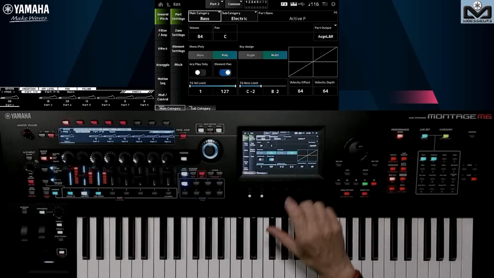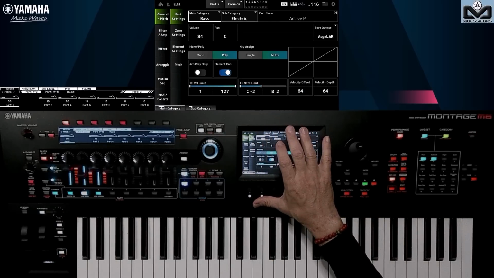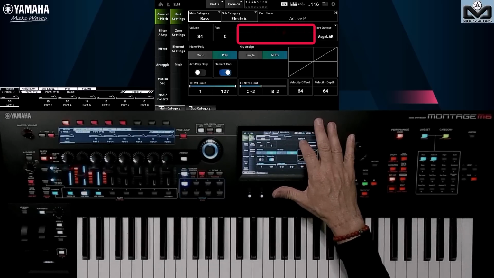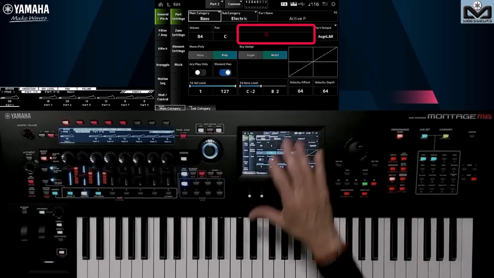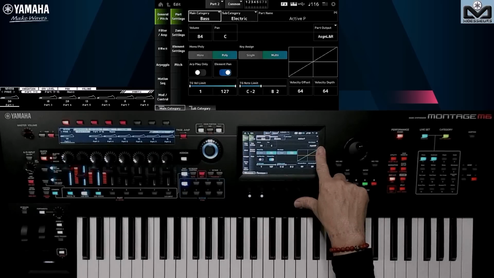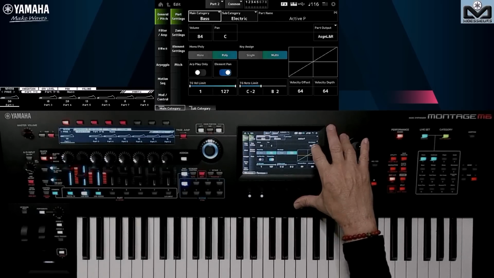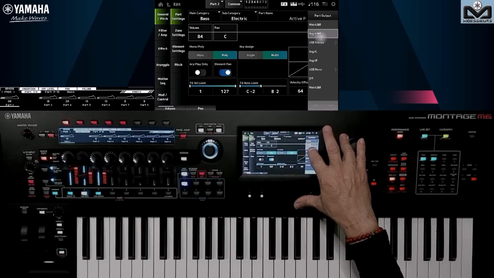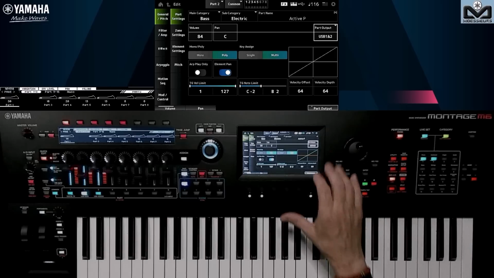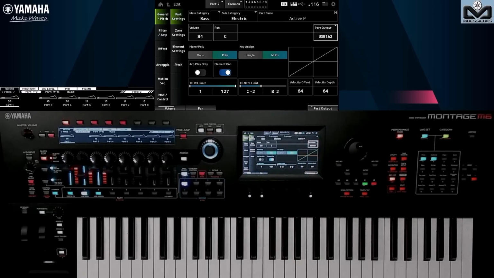To make you understand one important point about using assignable outs, I go back to my part 2 and do Edit. You see that we no longer have access to the reverb and variation system effects sends. That's the first thing you need to understand. As soon as you switch to assignable outputs, or USB assignable outputs, for example to record in your sequencer software, you no longer go through the reverb and variation effects, which are system effects.